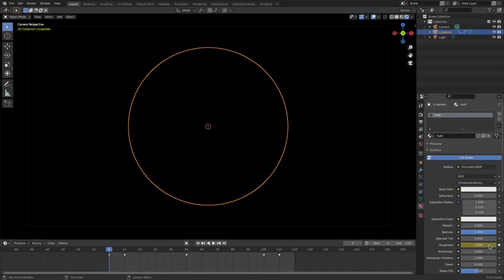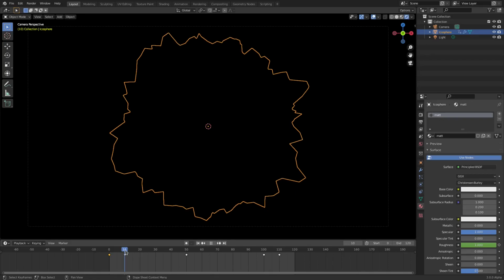Make sure it's all the way set to 1. Hit I. On frame 10, I want to pull this all the way to like 0.1. Yeah, maybe not 0.1, maybe like there, so maybe like 0.4.